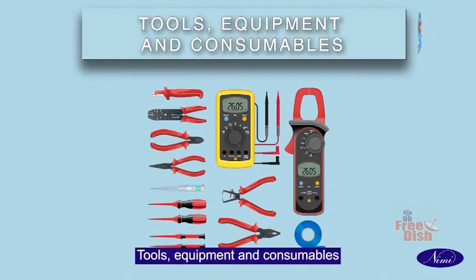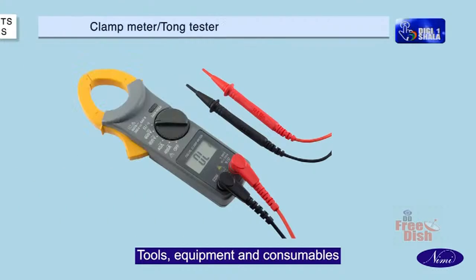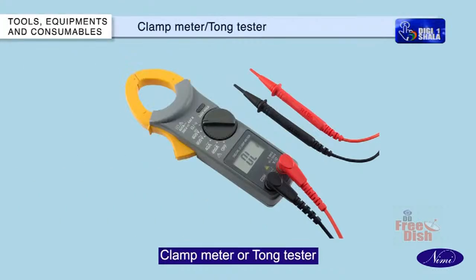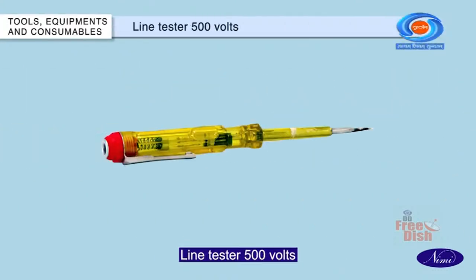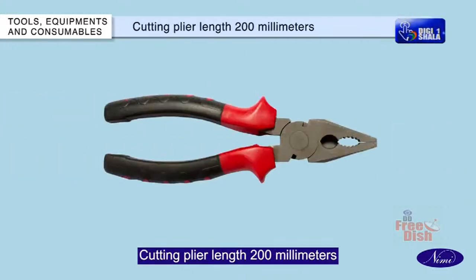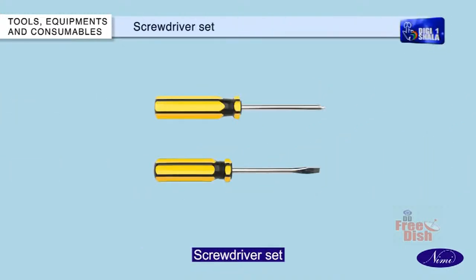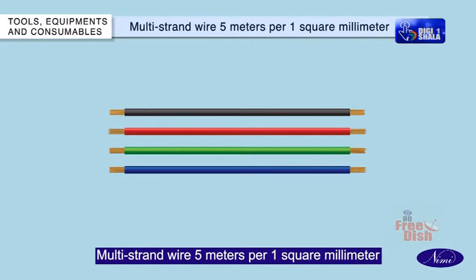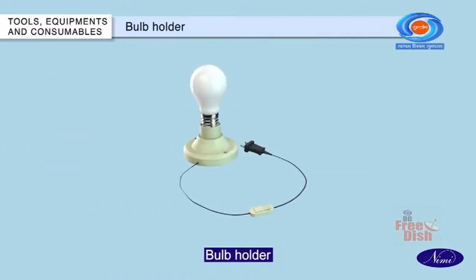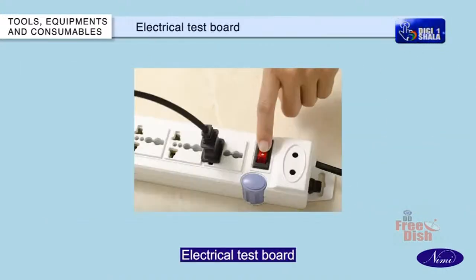Tools, equipments, and consumables: clamp meter or tong tester, line tester 500 volts, cutting plier length 200 millimeters, nose plier length 150 millimeters, screwdriver set, multi-strand wire 5 meters per 1 square millimeter, bulb holder, electrical test board,